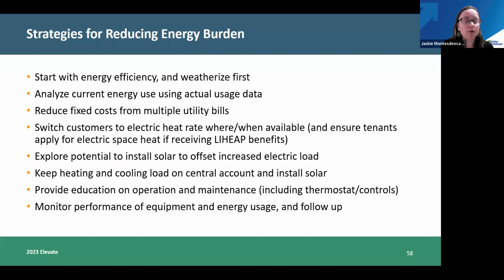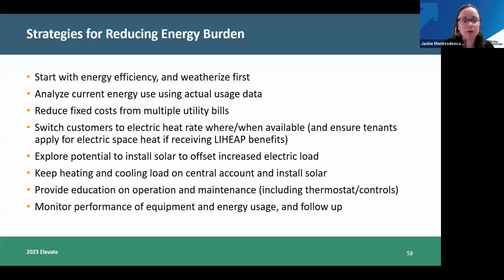We're looking at how fixed costs impact utility bills for customers and what it means, whether or not they're going to have one or two utility bills after the work is done. Where it's possible, we're looking at switching heat rates when and where